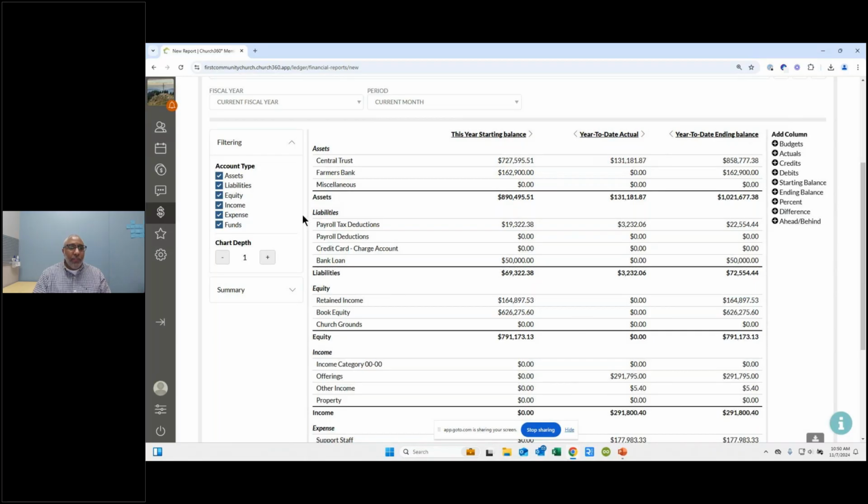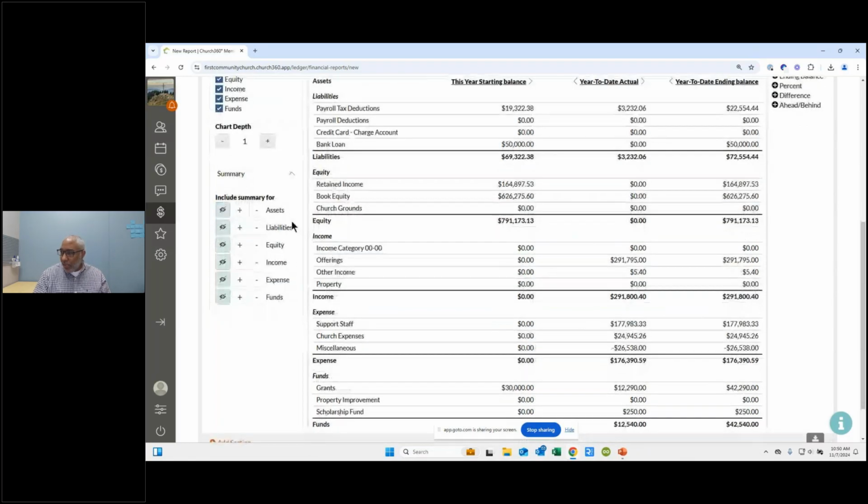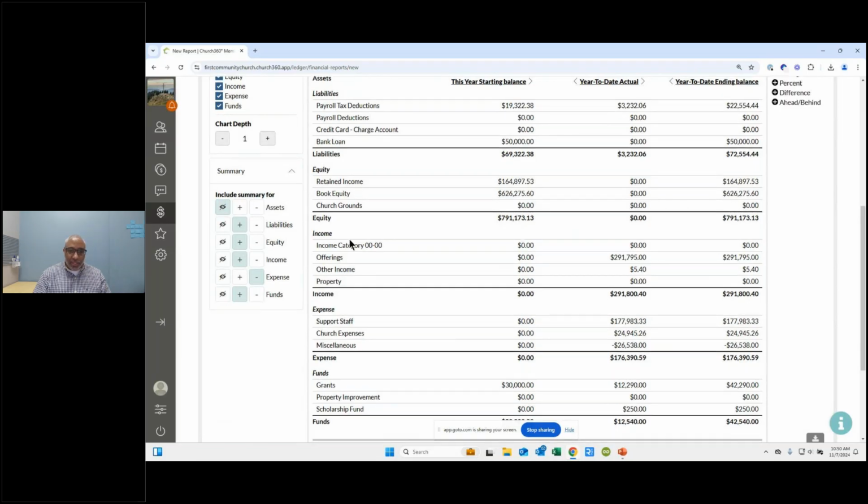And then if I wanted to, at the very bottom, I could do a summary. And my summary could be liabilities plus equity plus income minus expenses, plus my fund balances at that point in time.